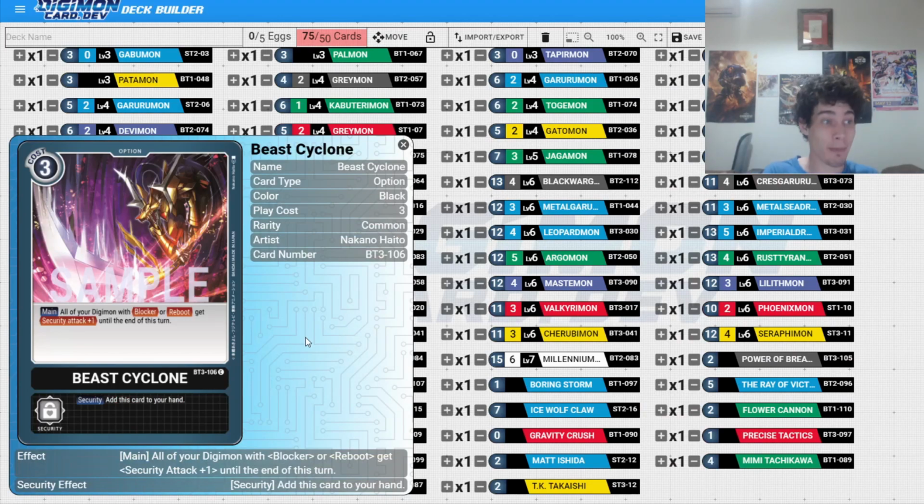Even better for black though is Beast Cyclone. All your Digimon with blocker or reboot gain security attack +1 until the end of this turn for 3 cost. And its security effect is added to your hand. This is the aggression black needed, in my opinion, because I've played black. The deck has an aggression issue, because you're mostly relying on Diaboromon, the black promo, to do most of your damage. You're not really getting a lot of damage through. This turns your deck from being the slow blocker stally type, and this is actually the main reason I'm interested in,